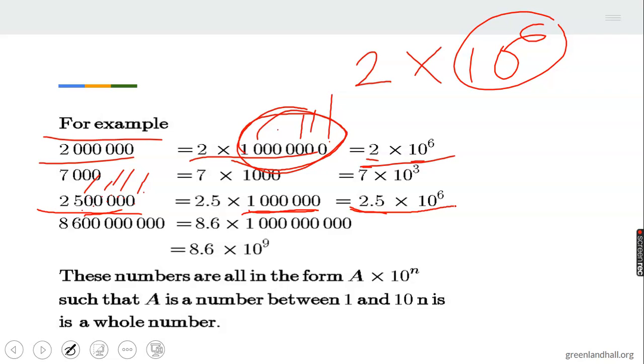But in this case, I'm counting only 5. It means my counting stops at 5. That's why I'm having 2.5 times 10 raised to power 6. Look at this one also. How many zeros? We have